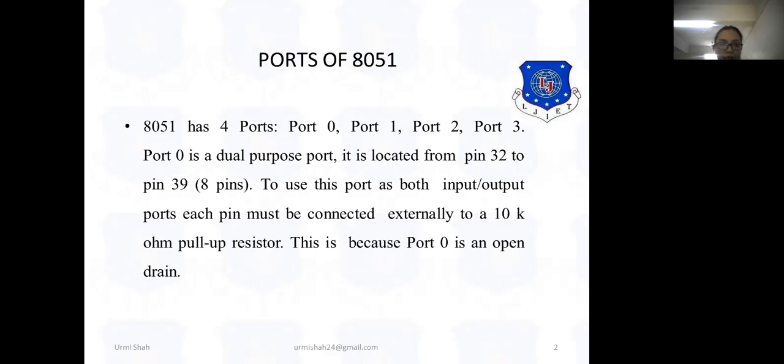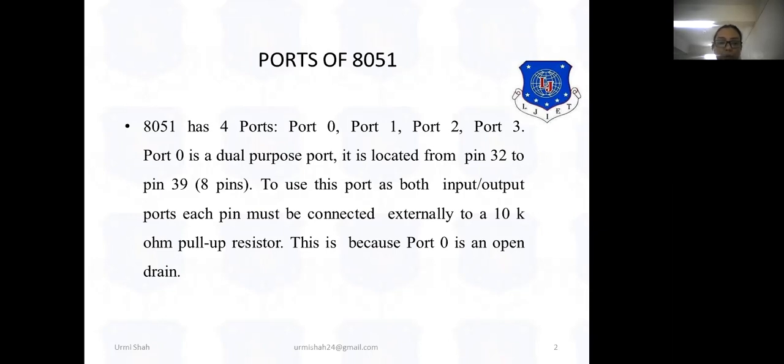8051 has four ports: port 0, port 1, port 2 and port 3, and all these ports are used as input as well as output port. Port 0 is a dual port and it is located from pin number 32 to 39.